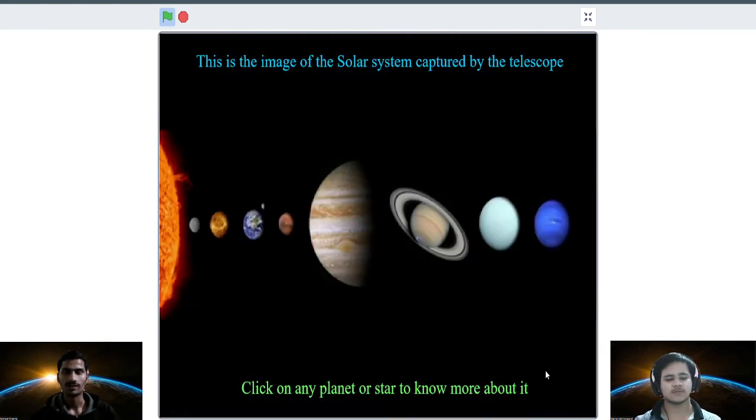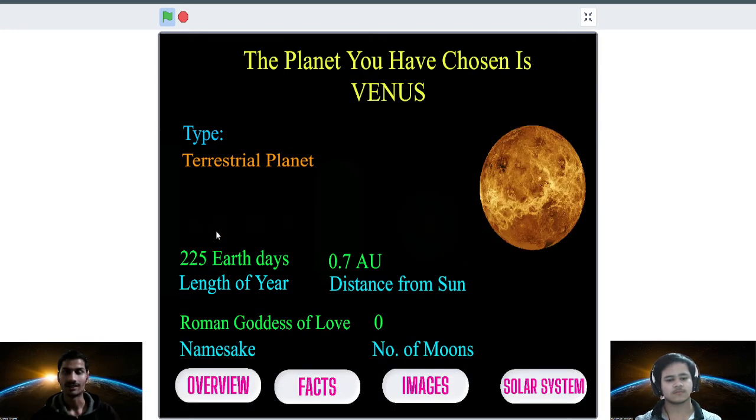So now we have come to the main part of this application. So here we can see that the telescope that has been launched has collected an image of the solar system. And here we can see 8 planets, including Sun. And now what we can do is that we can click on any planet to know more about it. For example, we click on Venus and it brings us to another page where we can see some of the